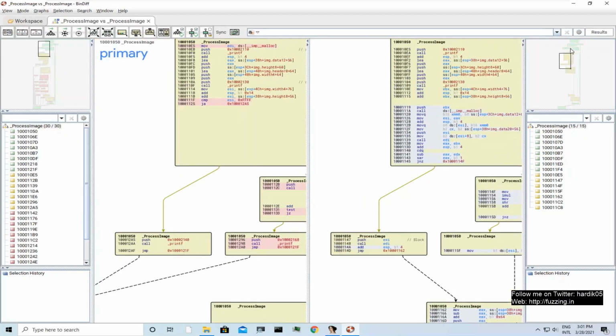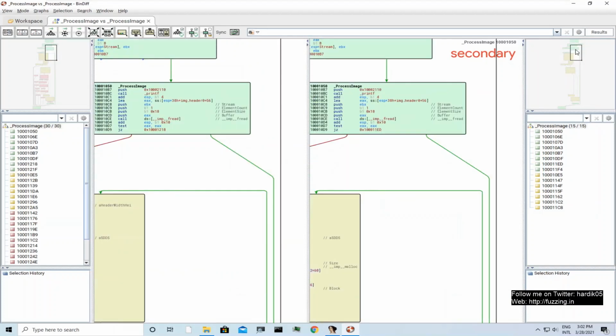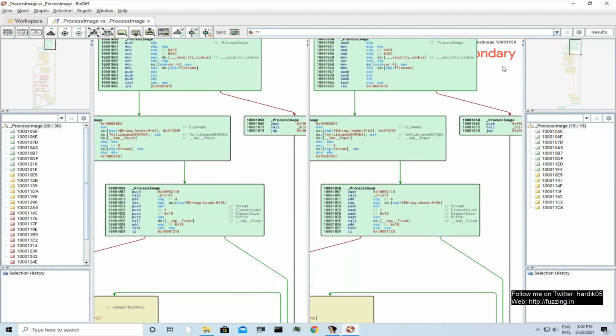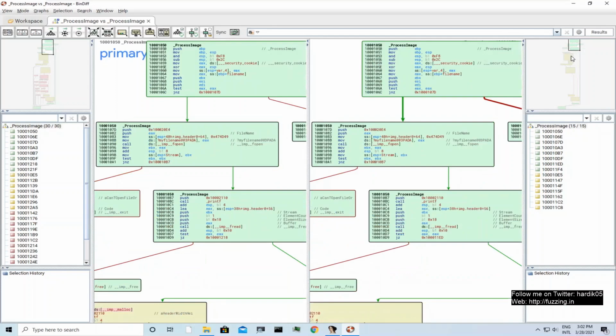Now let us go to the top over here, and we will traverse our process image function. You will see that this is the process image function which takes the file name over here. It is the same, there are no changes. If you compare it line by line, there are no major changes over here. And as you go forward